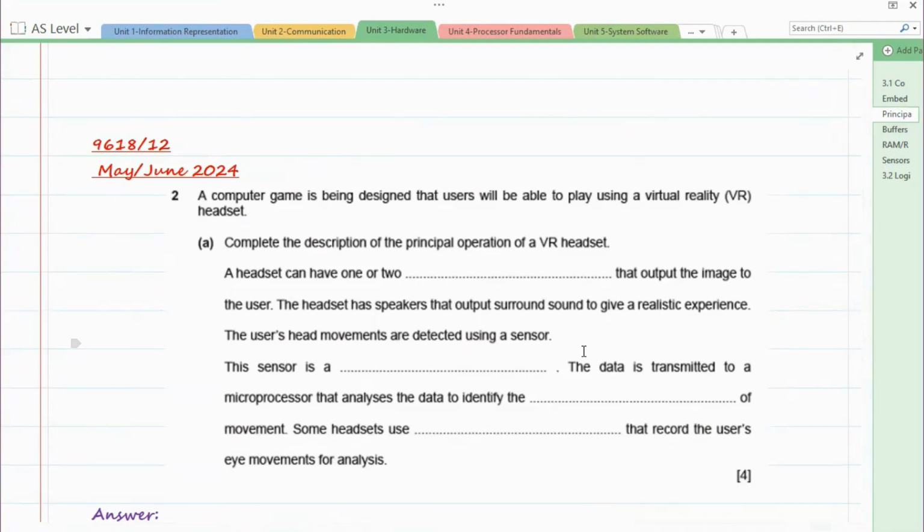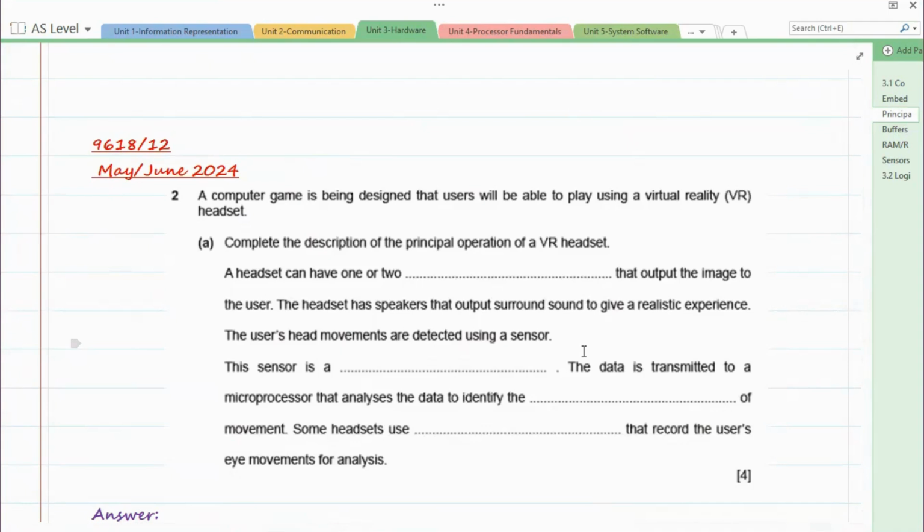The paragraph they have given is: a headset can have one or two blank that outputs the image to the user. The headset has speakers that output surround sound to give a realistic experience.